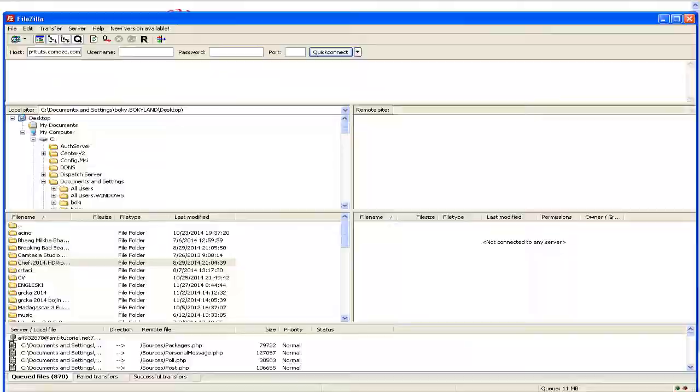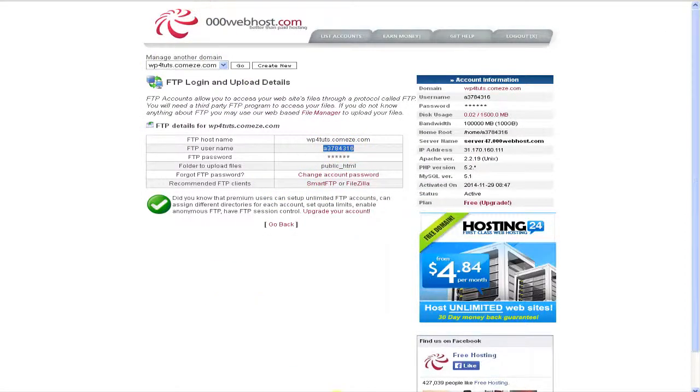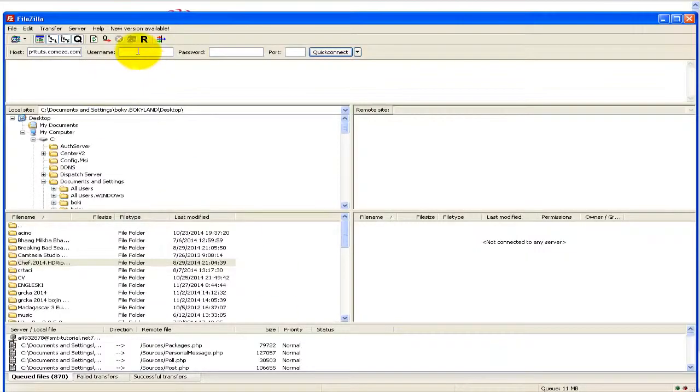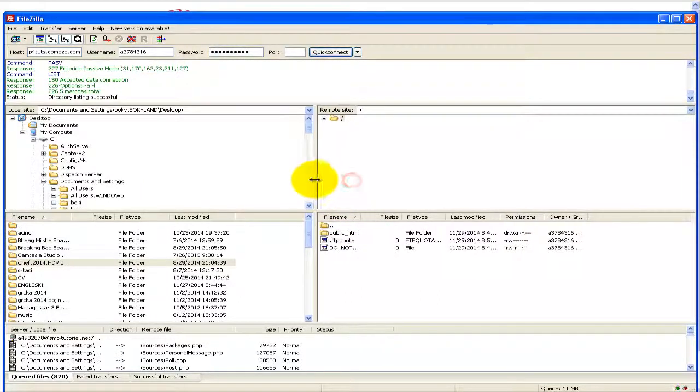I'll do exactly the same for the username. And I'll go ahead and type in the password. I'll hit Quick Connect,